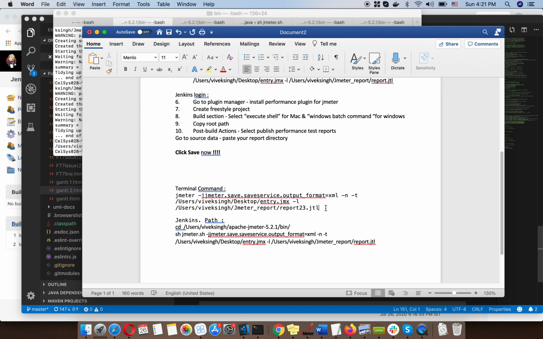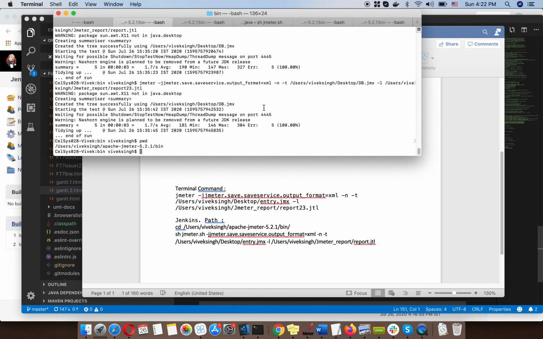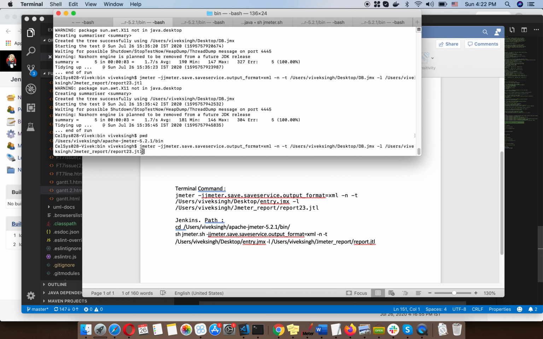This command we will first try in our terminal, just to confirm that what we have saved in user.properties is working fine or not. So let me execute this. I have already saved it.